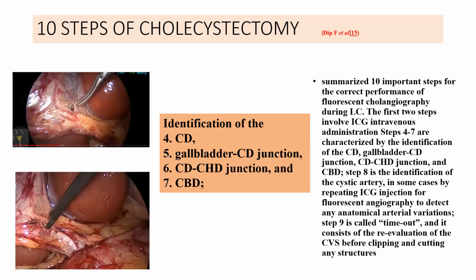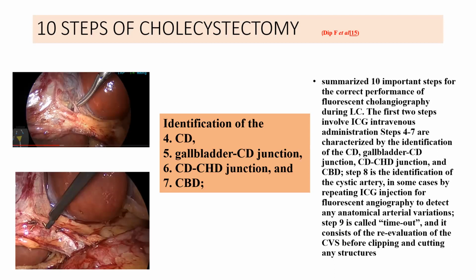In steps 4, 5, 6, and 7, we have to identify the cystic duct, the gallbladder and cystic duct junction. The cystic duct and common hepatic duct junction is also to be identified. Previously, we were not supposed to identify the confluence of the cystic duct with the common hepatic duct. But now, with post-cholecystectomy syndrome patients, SAGES has come up with this idea that the cystic duct common hepatic